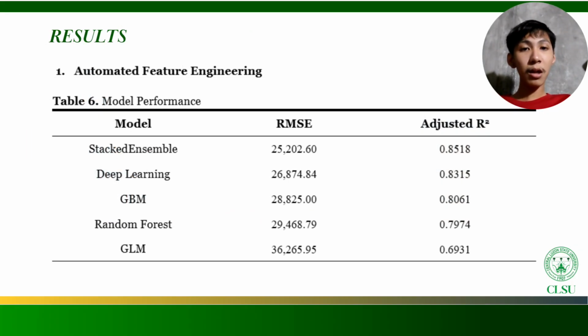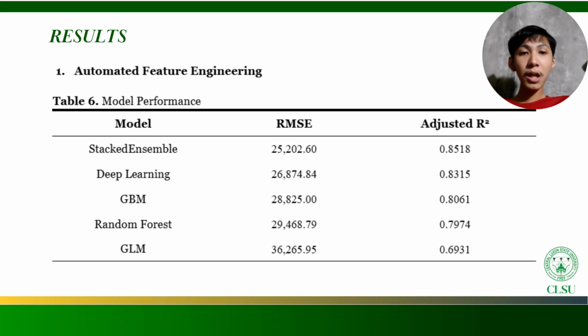After data cleaning and preparation, we'll now move on to the methodology part, where we conducted two methods in modeling our machine learning. Number one is the automated feature engineering, and the second one is the manual or traditional machine learning method. In this part, I will be focusing on the automated feature engineering, which automatically creates, selects, and transforms variables to improve model performance without a need for manual intervention. These algorithms allow us to detect complex interactions and nonlinear patterns among variables, making it useful for improving prediction accuracy when handling multiple variables.